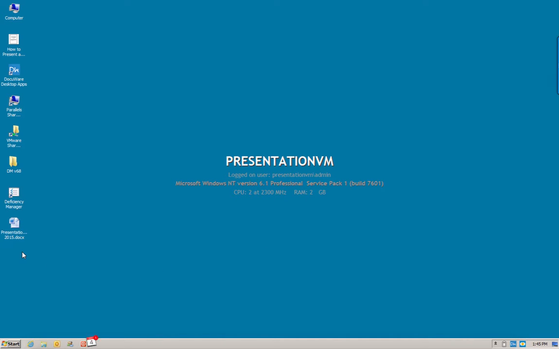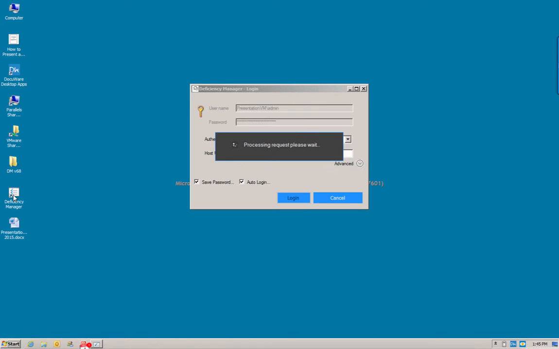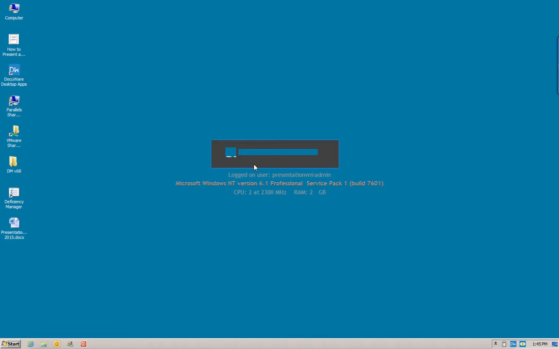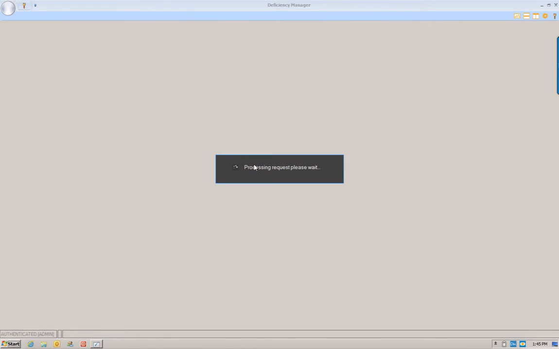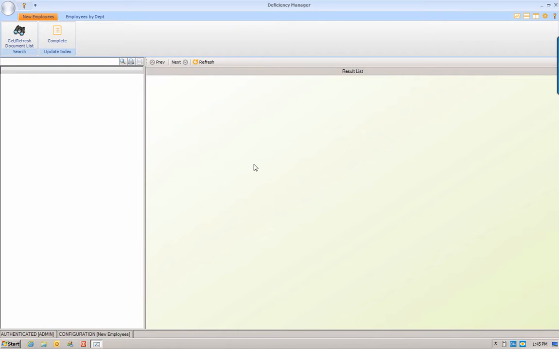So I would typically show documents going into the system, which you can handle no problem. Then once you go into Deficiency Manager, you can just launch it here, and it should automatically log in. Okay, and we have two different configuration tabs here. One is just a list of new employees, and this one is grouped by